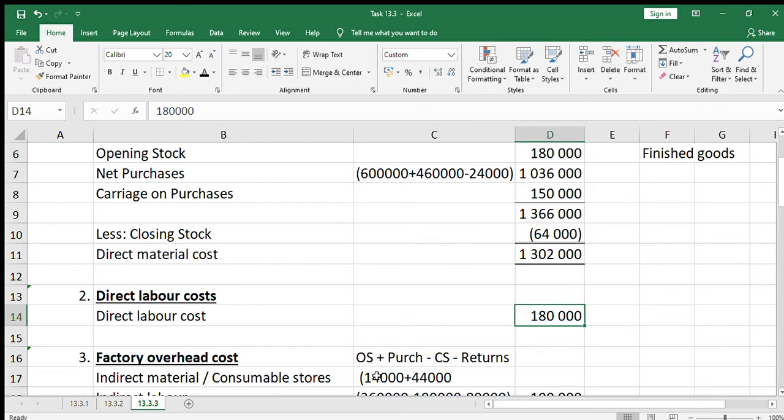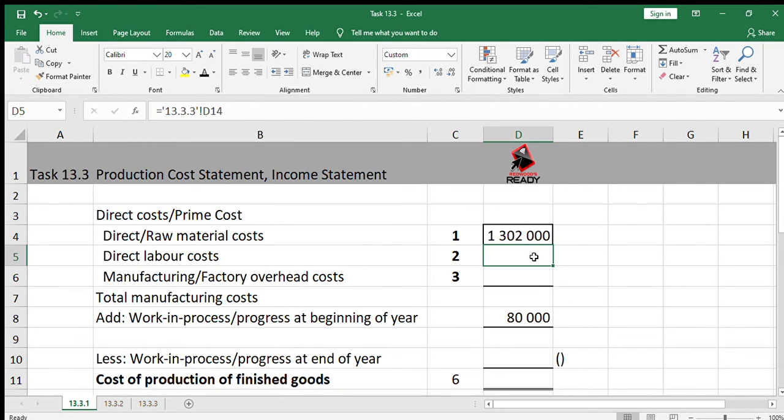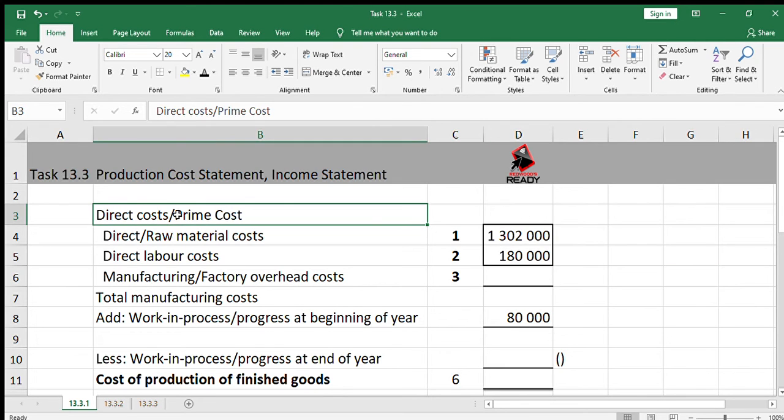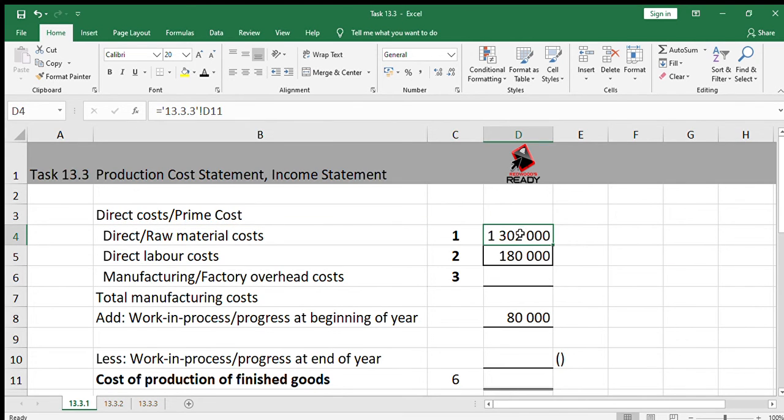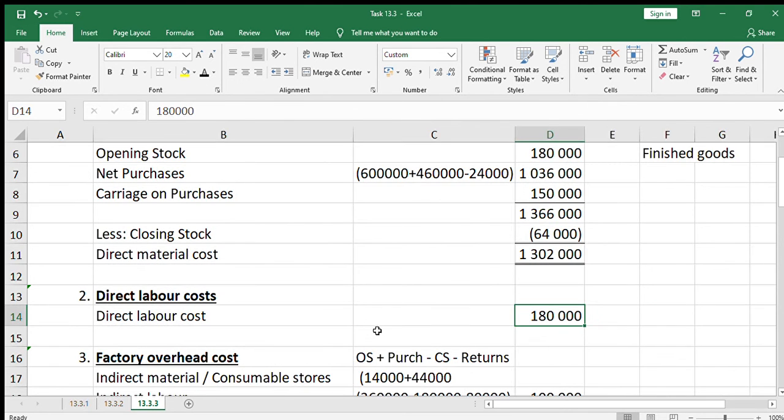Okay, then direct labor costs. There was only this figure of 180,000, which we can also take to the production cost statement. So I'm going to take it in there, 180,000. Now that we've got these two figures here on the production cost statement, we can work out the prime cost. We're just going to add up these two figures within the block to get the answer above the block. Then we can go back to the notes. The next note we need to complete is the